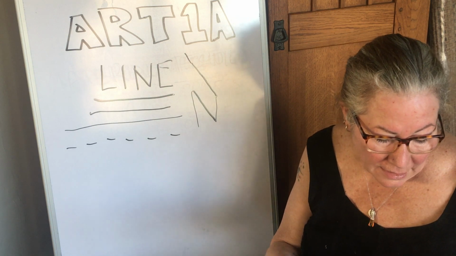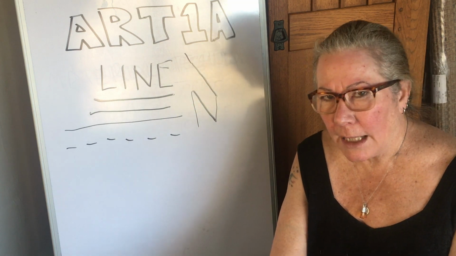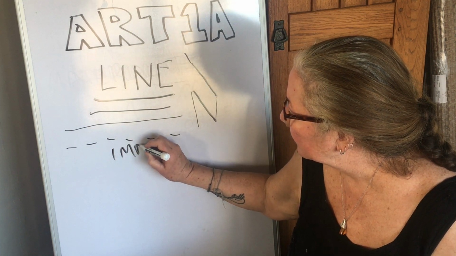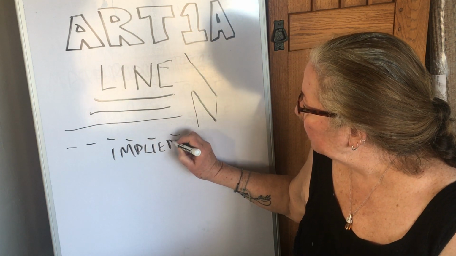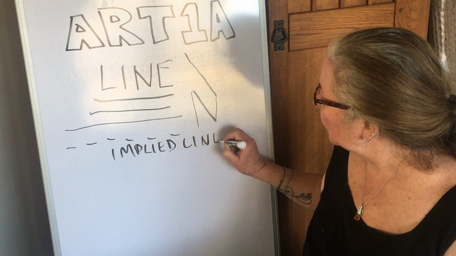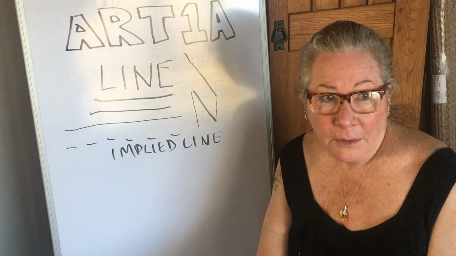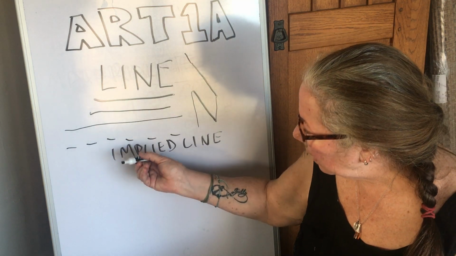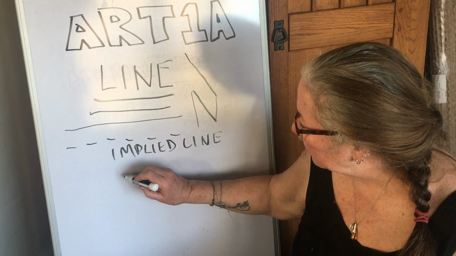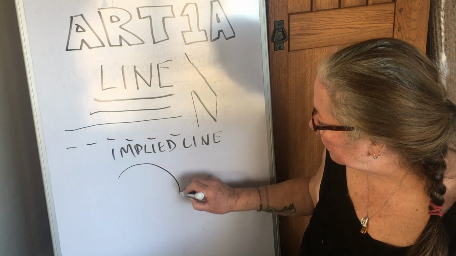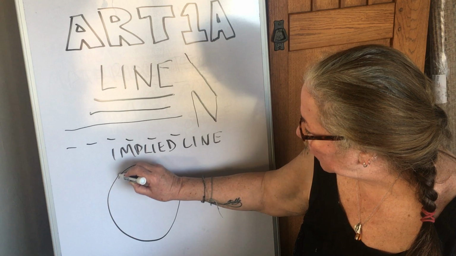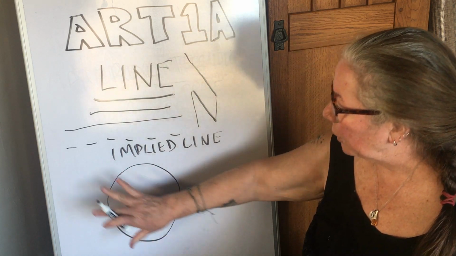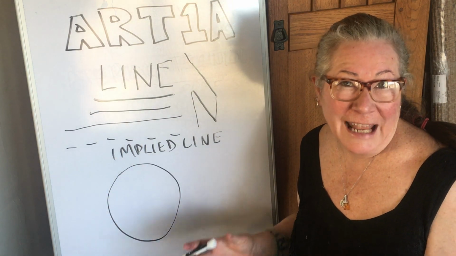Solid or broken, and also there's what we call implied lines, and I think that's an important thing to know. An implied line is usually a change in color, right? So if I'm making a sphere with an earth, if I was drawing an earth with a background of stars, like in outer space,